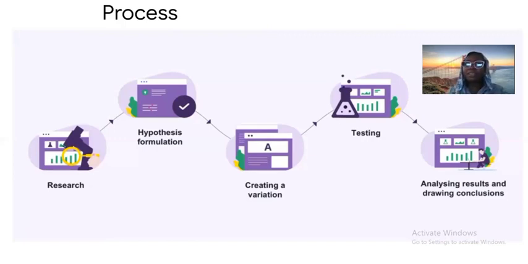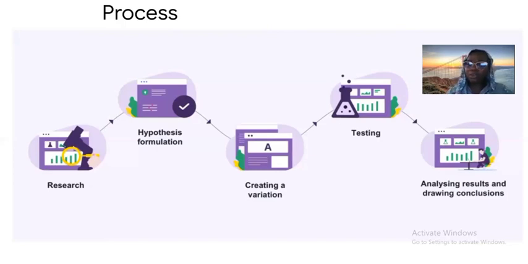So in multivariate testing, we might say that, okay, because we have a large number of users, let's not just divide into two groups. Let's also test another version. Let's say we put the button not in the center, but at the right. So we now have two versions, one on the top right, one on the left, and one on the center. But in this case, let's just stick with A/B testing, which is having two variations. So once your designer and your developer come up with this other variation, you can then move to testing.